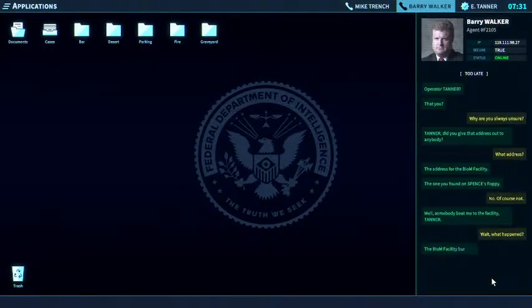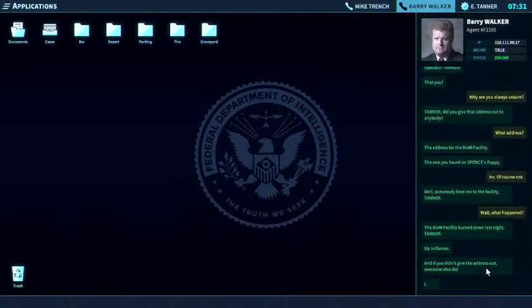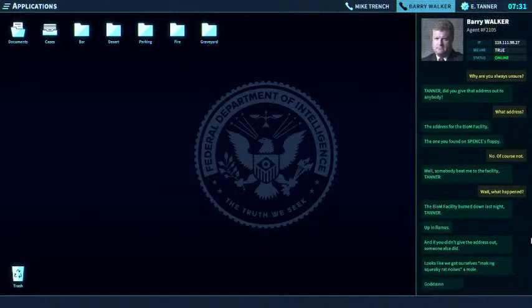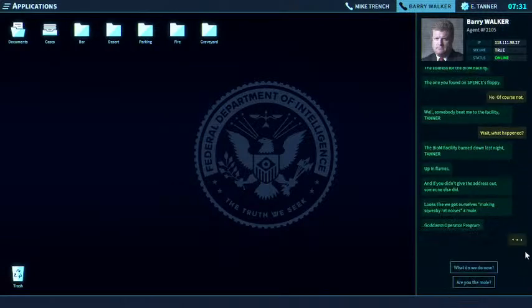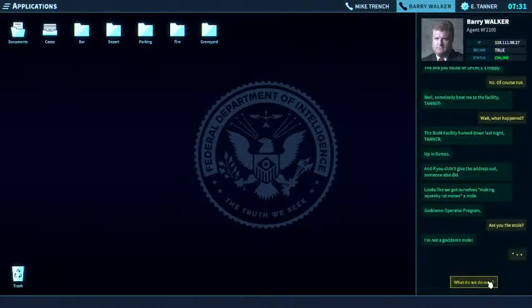The BioM facility burned down last night. Up in flames. And if you didn't give the address out, someone else did. Looks like we got ourselves a mole in the goddamn operator program. I'm not a goddamn mole.